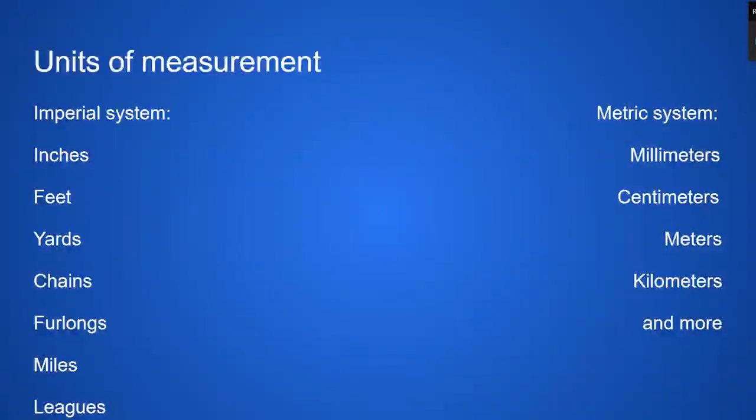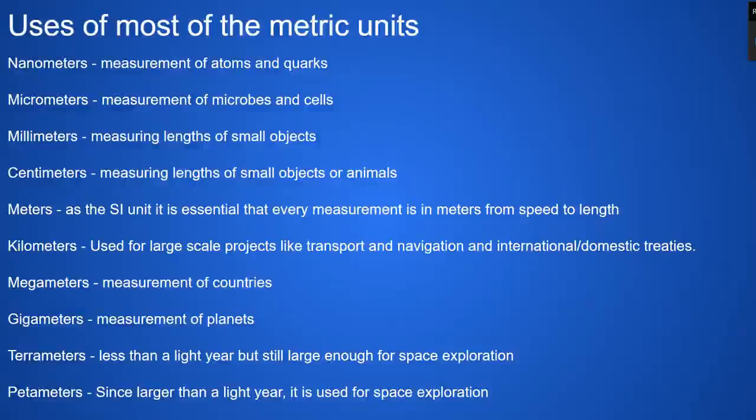Units of measurement. For the imperial system, we've got feet, inches, yards, chains, furlongs, miles, leagues. For the metric system, we've got a lot more than this, okay? This is just the most used: millimeters, centimeters, meters, and kilometers. Uses of most of the metric units. You've got nanometers for quarks and atoms, you'll learn that later in life. Micrometers for microbes and cells, you'll learn that later in life. Millimeters for small objects, like